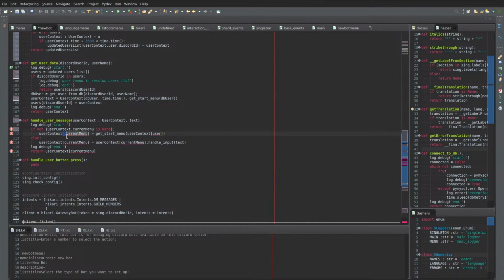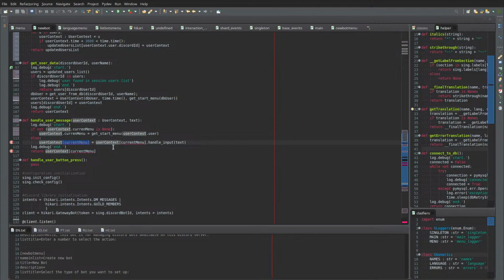And current context. Context, current menu. It's this. The context user. Otherwise, but this works for the first time. Okay, I guess we'll see if this changes